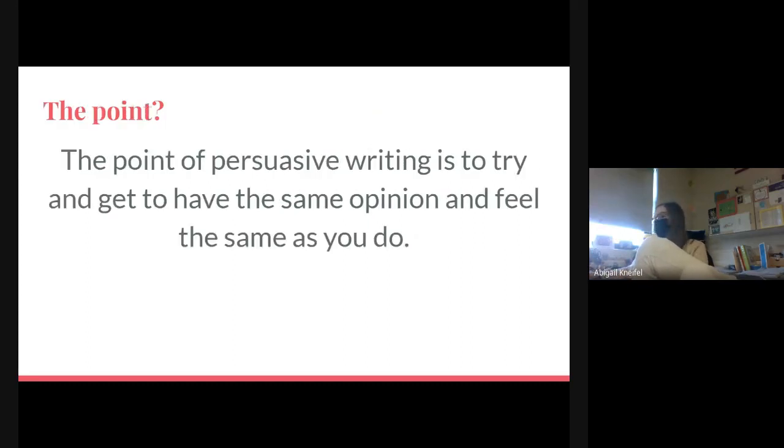The point. Why do you do persuasive writing? The point of persuasive writing is to try and get people, I should have had the word people, to have the same opinion and feel the same as you do. So you're going to be writing yours about your state. So you want everyone